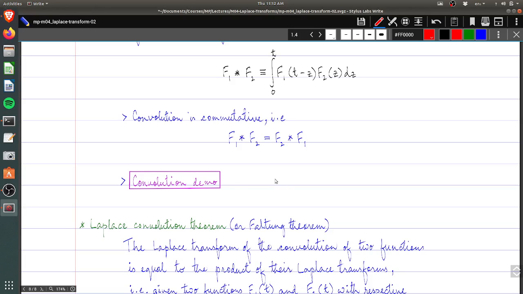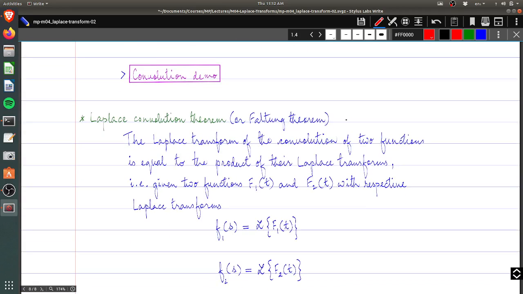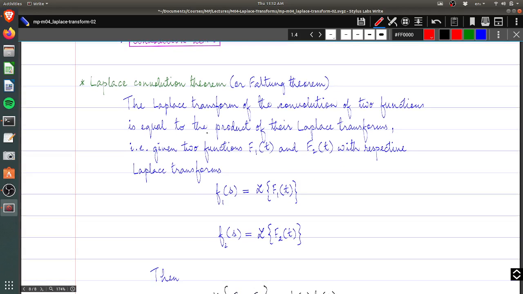Okay, now it looks like a very difficult process to handle, and in fact it is, because it's an integral of two functions. But then there is something called the Laplace convolution theorem, which actually makes it easy. It's known as the convolution theorem. It makes it really easy. So the statement of that is the Laplace transform of the convolution of two functions is equal to the product